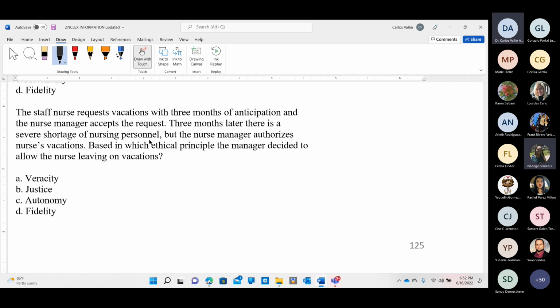Fidelity. It is a promise. Yes, it is a promise. Sometimes students say it's because it would be unfair, okay, that the supervisor denied the vacation. Okay, it's true, it would be very unfair, but again, it is overthinking because what applies more, fairness or the